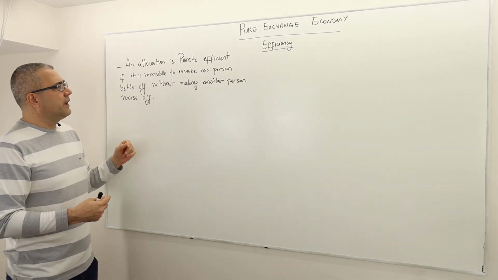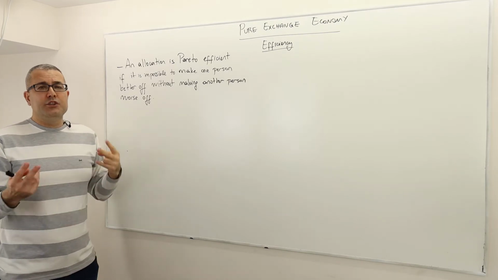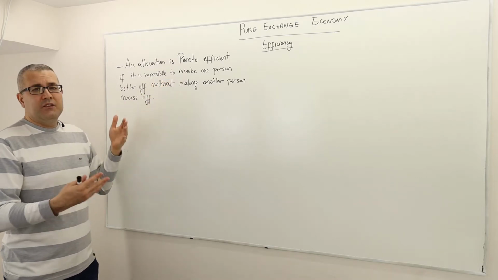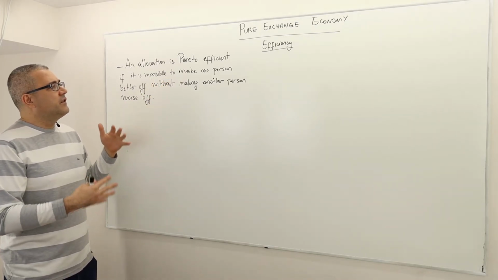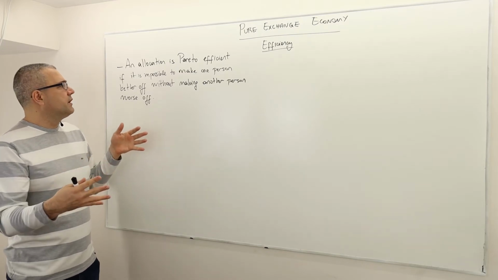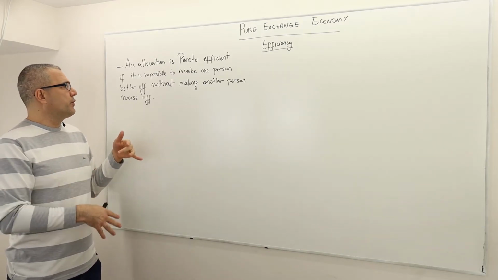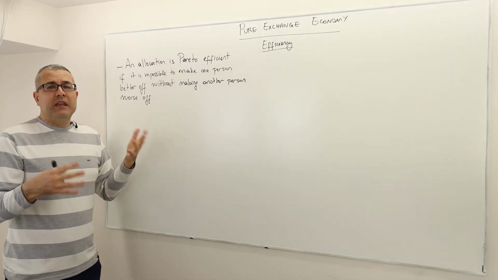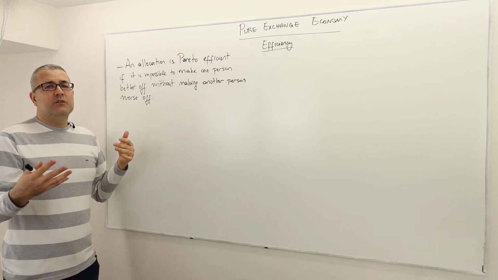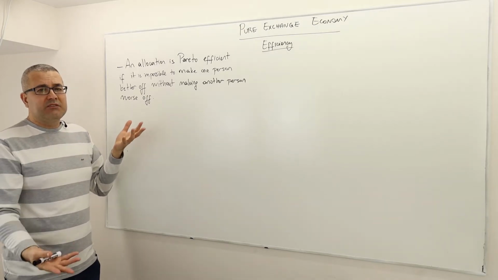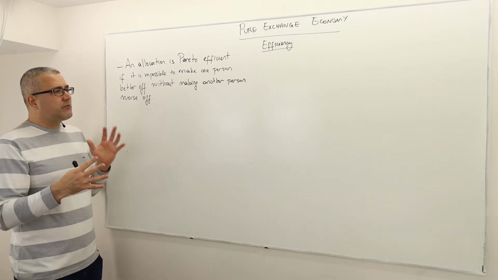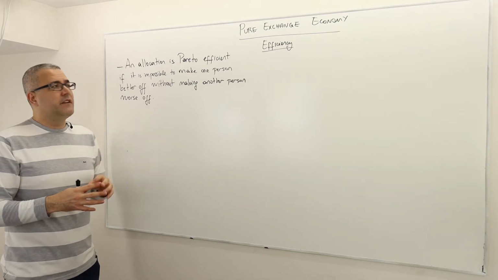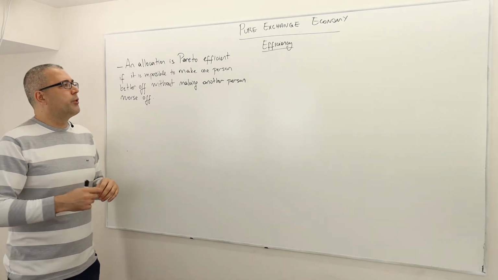The second important thing is that obviously we need at least two persons. Because, as you see in this definition, it says it is impossible to make one person better off without making another person worse off. So basically, one person's well-being is improved, but then the other person's welfare will be decreased. Therefore we have to have an environment with at least two individuals. More than two individuals is perfectly fine.